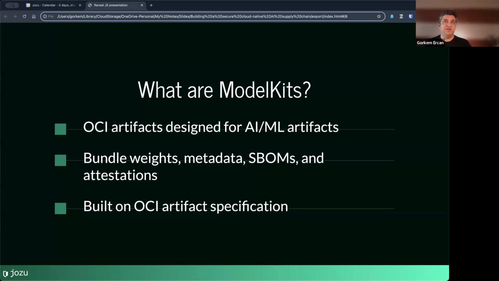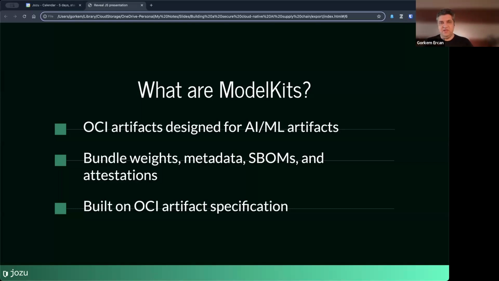That means that they are like Docker images, but they are not Docker images. The way I think about it is a Docker image is an instance of an OCI artifact, although chronologically Docker images came before the OCI artifacts. That's why, but in an ideal world we would actually have OCI artifacts and Docker images would be one type of OCI artifact. And model kits is a second type of OCI artifact. And there are other OCI artifacts out there that you can find.